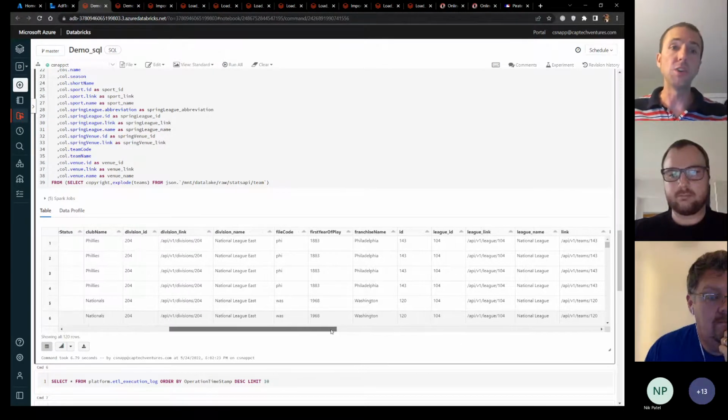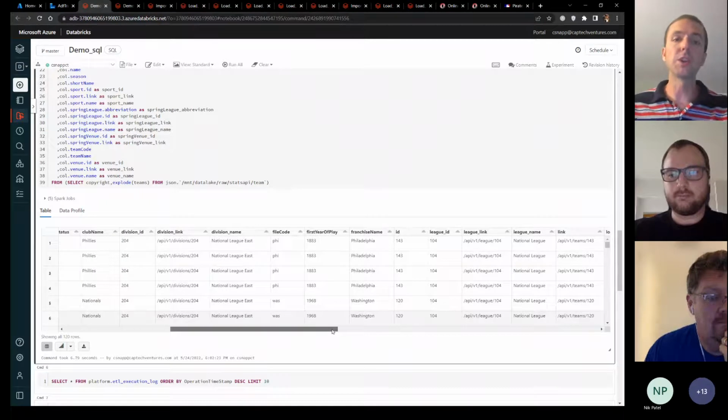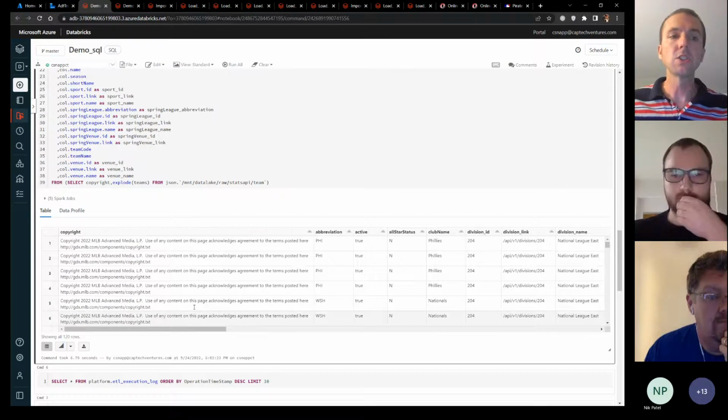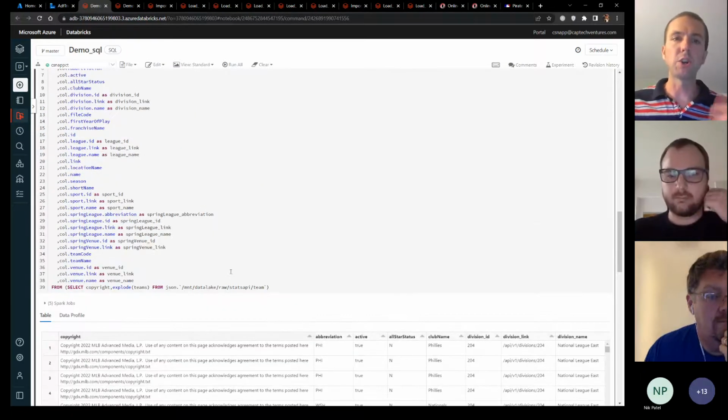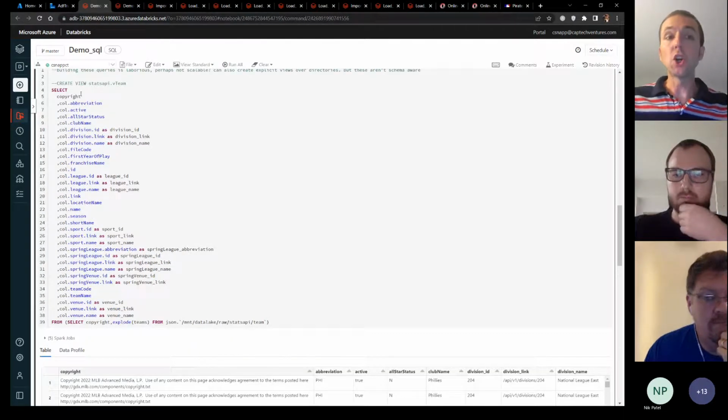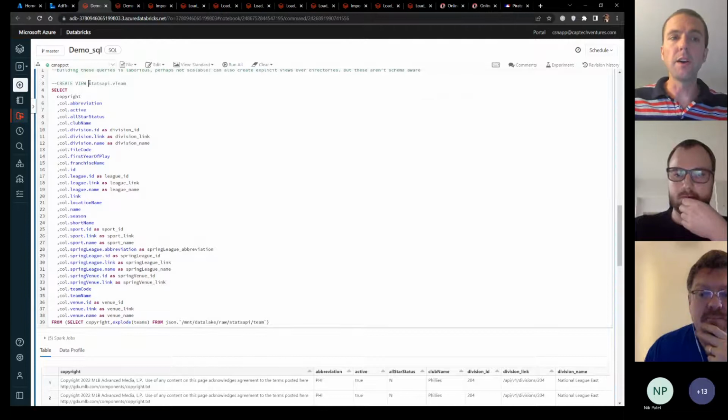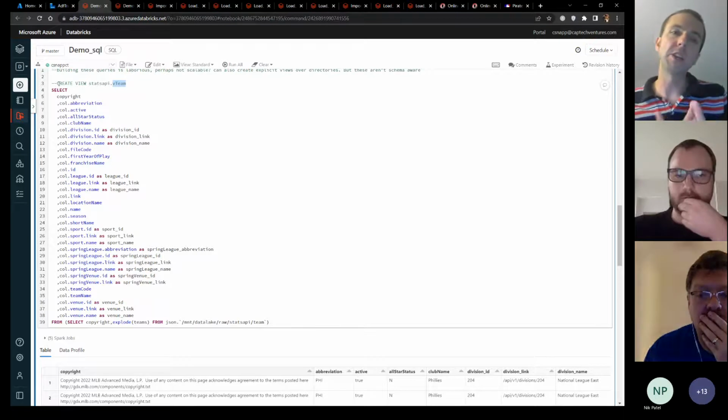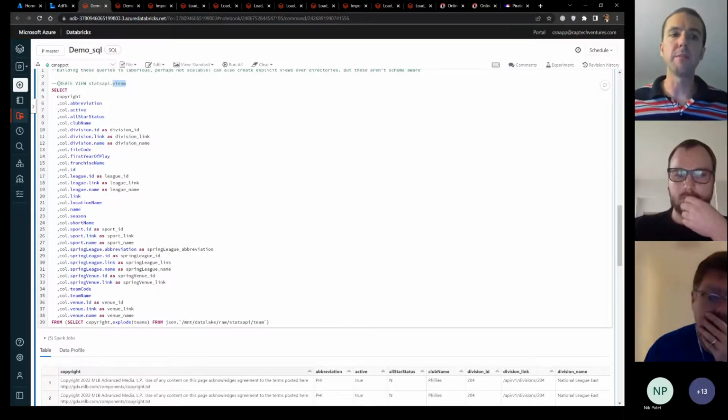I don't need to do more with it, but my analysts are going to go look into it and tell me what they want to do from a DIM and fact perspective. So I need to make this query productionized. How do we want to do that? We basically could create a view and call it stats API vteam, and then it's good to go. That's not materialized, and so it would be running this query dynamically every time everybody hit it.